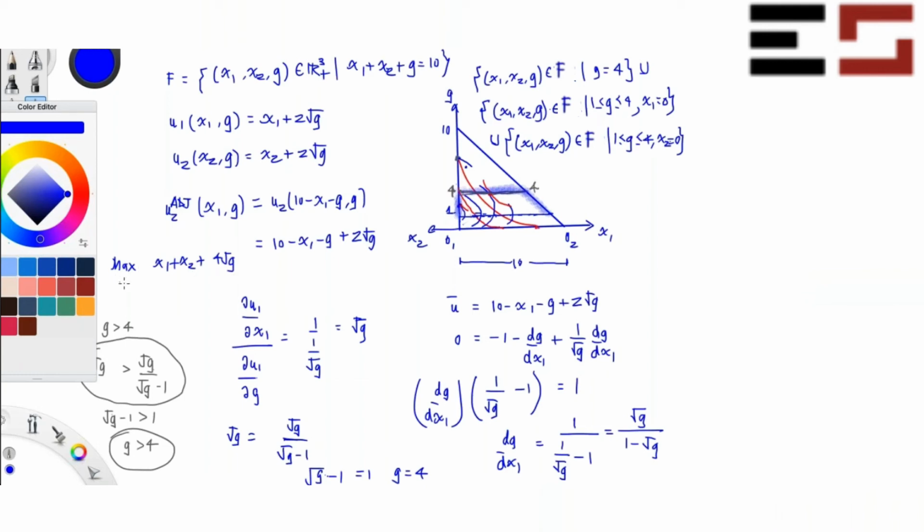If you maximize this with respect to x1, x2, and g, subject to the feasibility constraint x1 plus x2 plus g equals 10, and of course the non-negativity constraint applies, you will find that you get all these points. You'll not get the corner points, you'll only get these points. So maximizing the sum of utilities will give you the set of efficient allocations,